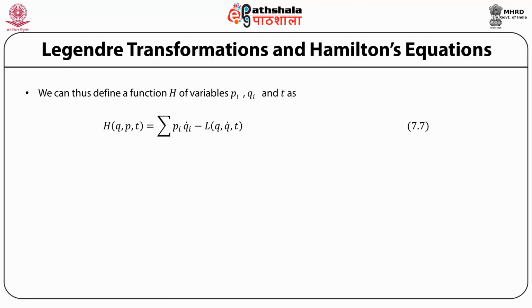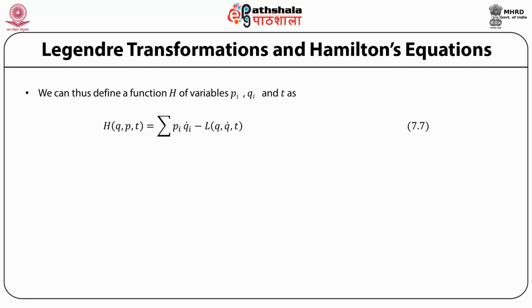See, the Lagrangian is a function of the generalized coordinate q, the generalized velocities q dot, and the time t. We want to construct a function which is a function of the generalized coordinates and the conjugate momenta p. So, the function h of q, p, and t is defined as sigma p_i q_i dot minus the function L,